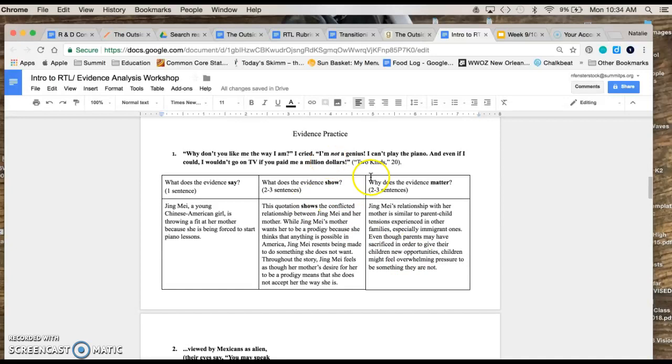So the very first one is from a story that I used to read with my 10th graders last year called Two Kinds. We did a lot of work with cultural identity and looking at kind of ethnic identities, and so the first 2 pieces of evidence are all about these stories that talk about ethnic identity. So the first piece of evidence that we're analyzing, again from a story called Two Kinds, the quote is this: